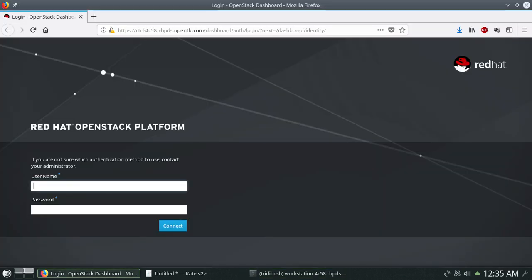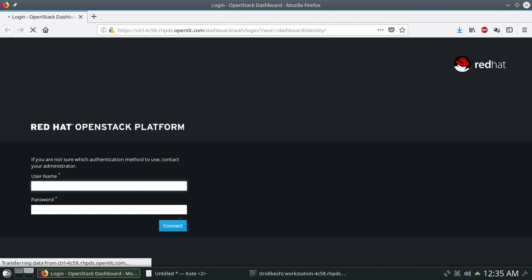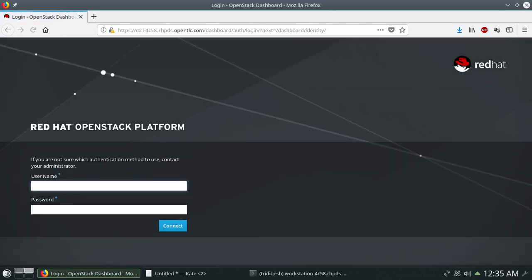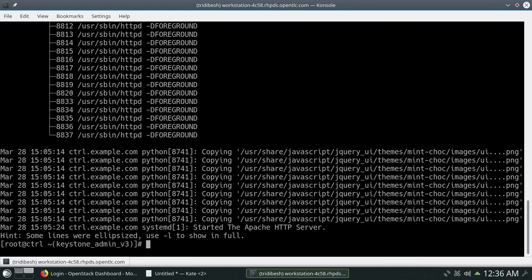So let's go back again here and refresh the page. So we'll be able to see the domain support if we made the changes properly. So let's wait for it to load. It's not yet done, so I think we made some mistakes. Let's verify again.